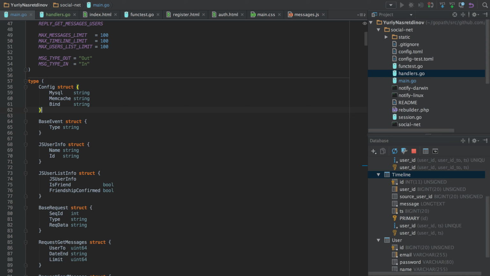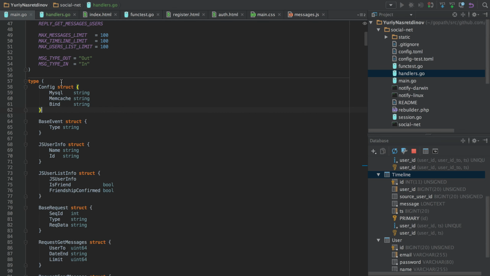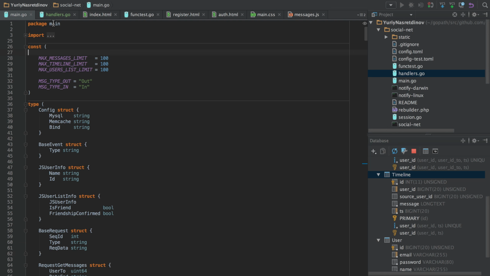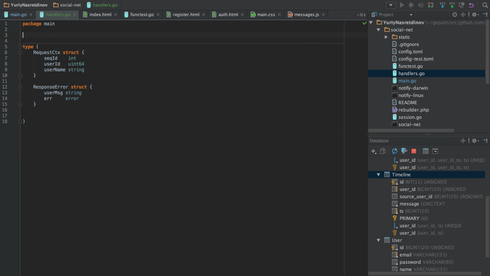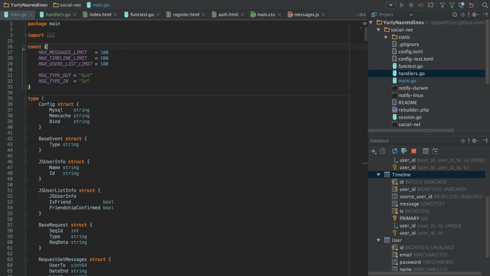We called the file handlers.go, and we will put all the constants, types, and methods there, so you can see them in one place, and you don't have to search it in main.go, and it's not really convenient to put everything into one file.